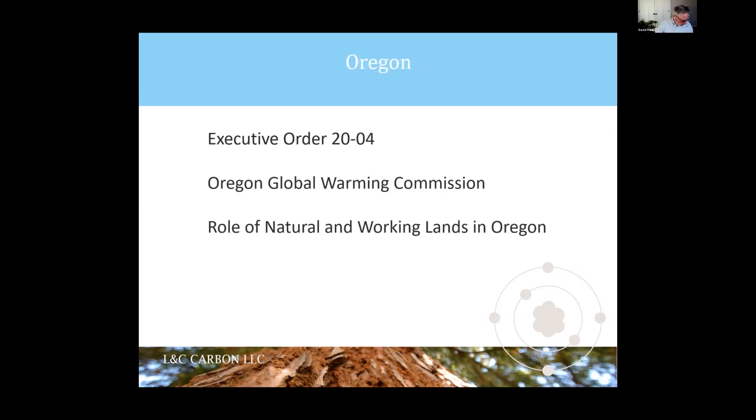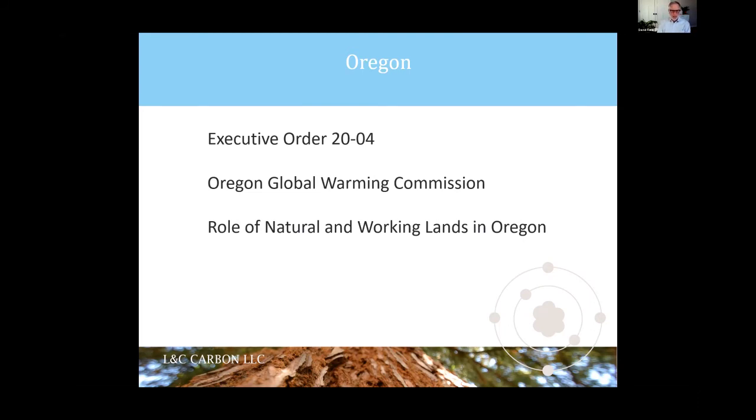So let me just spend the last few minutes here talking about Oregon. Many of you are aware that there was a run for a couple of different legislative sessions, 2019 and 2020, to try to get a cap and trade bill passed by the Oregon legislature. After the second failure to get that passed, in the spring of 2020, the governor of Oregon decided to issue executive order 20-04, and I'm not going to go into detail about this executive order, other than to say